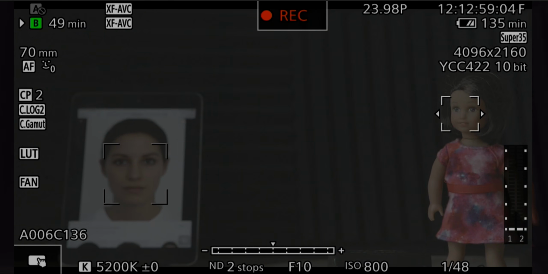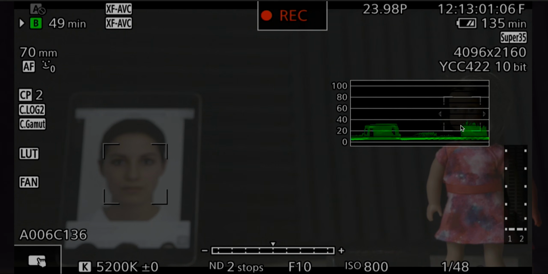So you see here on the waveform where now, under 30, her dress is brighter, but her face is probably here on the 20 line. And the same with the waveform here. You can see it's between 20 and 30, but that's mainly this white on the outside. Her actual face is under the 30 line, probably around 20. And as a result, it just keeps swimming. It comes in, it comes out, it can't find it, it goes all the way out,